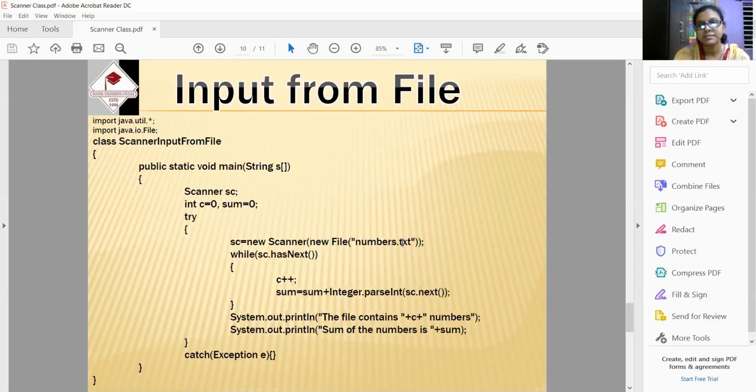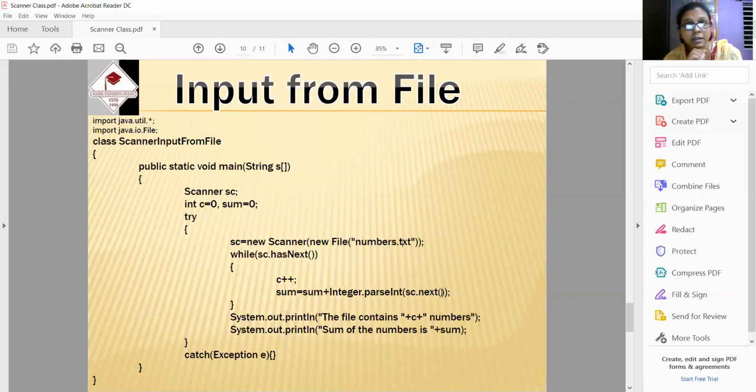Why? Because it is a text file. So simple. It's a text file, so every value, whether it is 32 or 45, seems like an integer, but it is a string in the text file. So via sc.next, the value has been taken as a string.